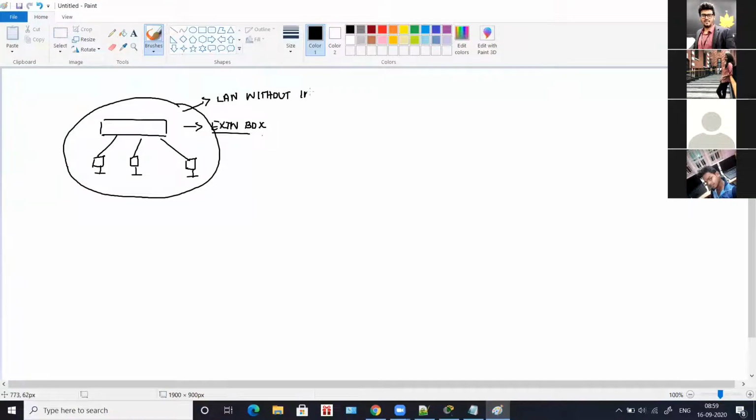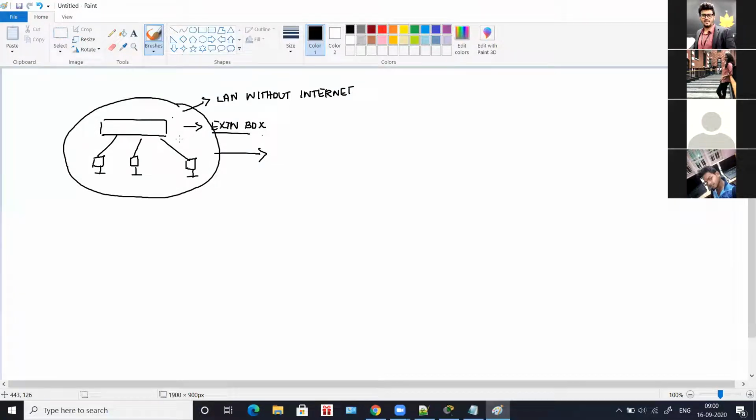A switch is used only in companies, because we don't use it for home. With one or two computers, you will not need a switch. A switch comes into the picture only when there are many computers and you want them all to be in a single network so that they can communicate with each other.